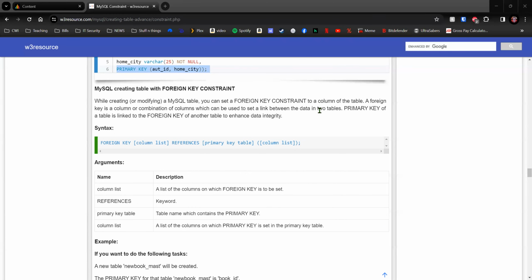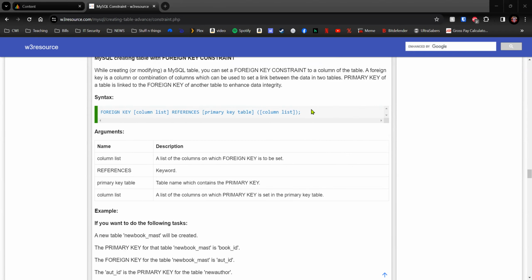Okay. So foreign keys. While creating or modifying, you can set a foreign key to a column or table. And this foreign key is a column or combination, just like the other ones, which can be used to set a link between data in two tables. The primary key of the table is linked to a foreign key of another table to enhance your data integrity. So this is just an example of your